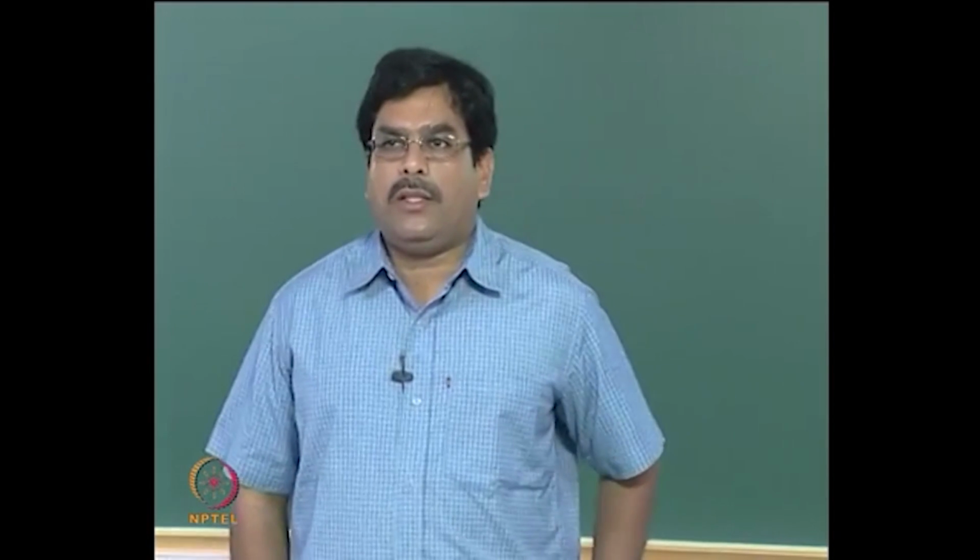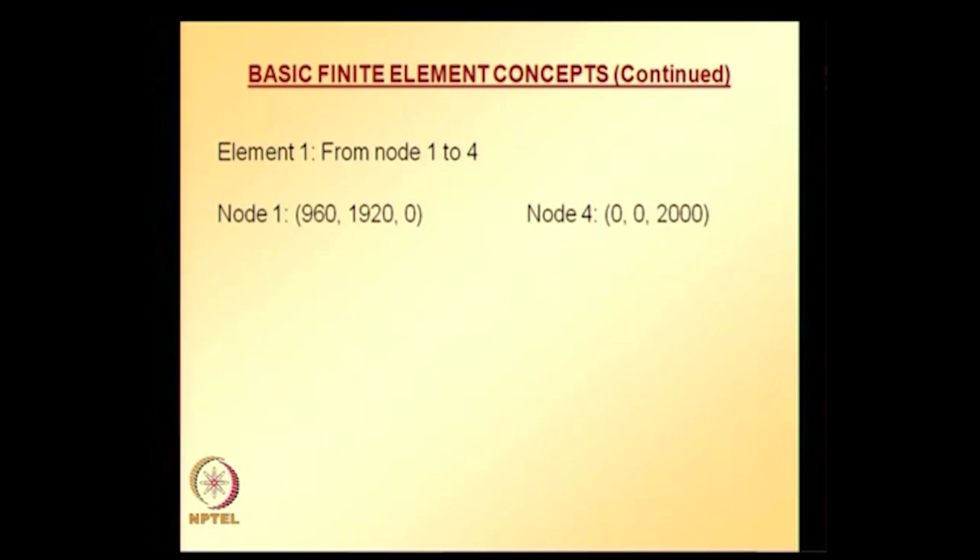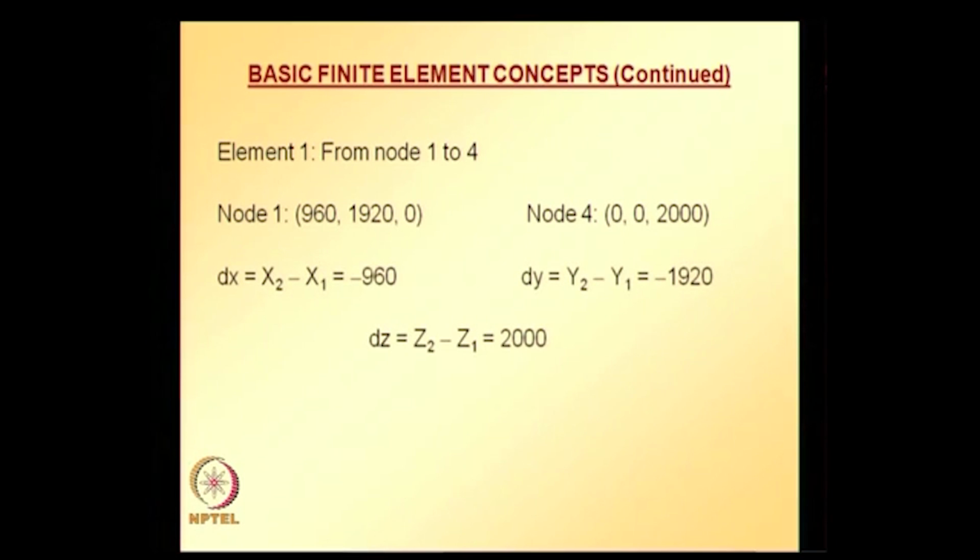So, now element 1 goes from node 1 to node 4, that is, local node 1 for this element is global node 1, and local node 2 for this element is global node 4. So, using the nodal values, all the units are in millimeters, the coordinates are given there for nodes 1 and 4 of element 1, and using these values we can easily calculate the direction cosines using the differences between the spatial coordinates dx, dy, dz,